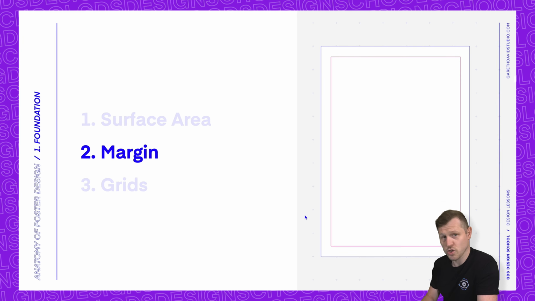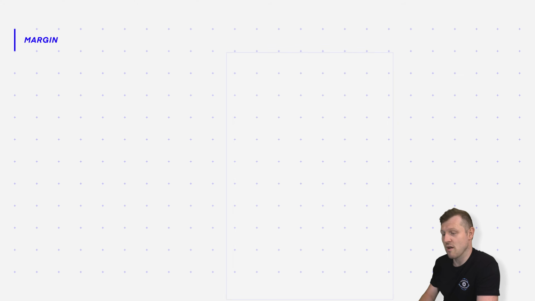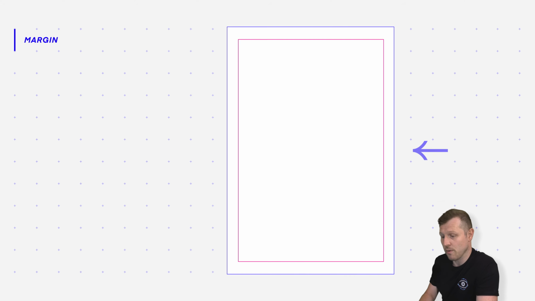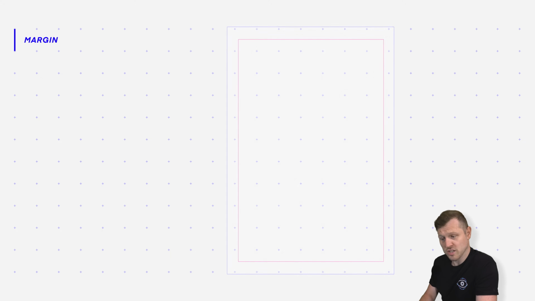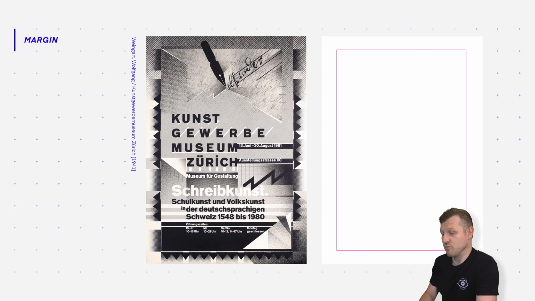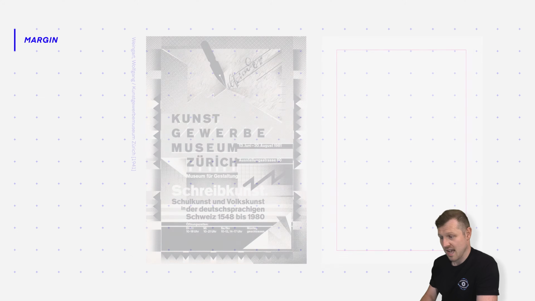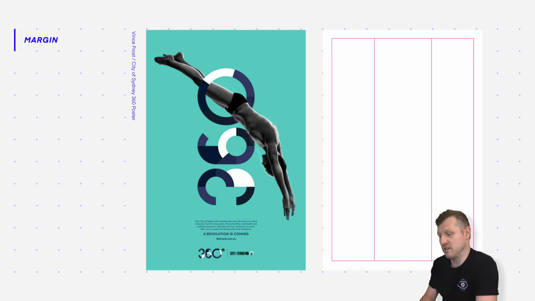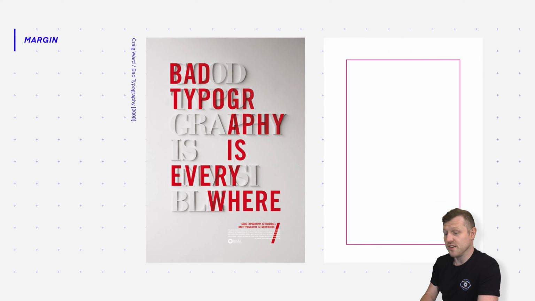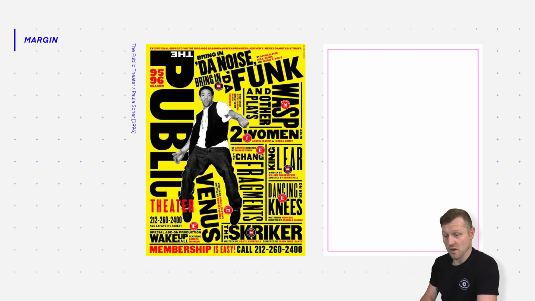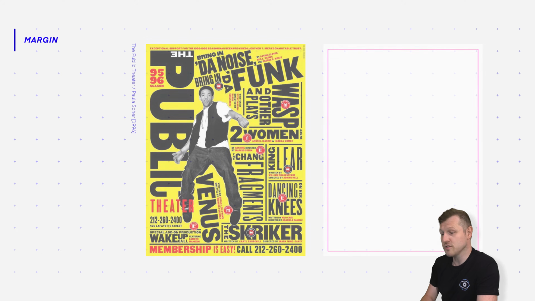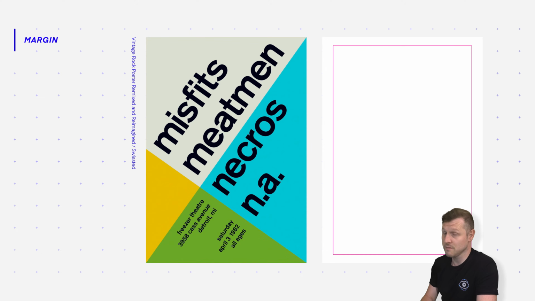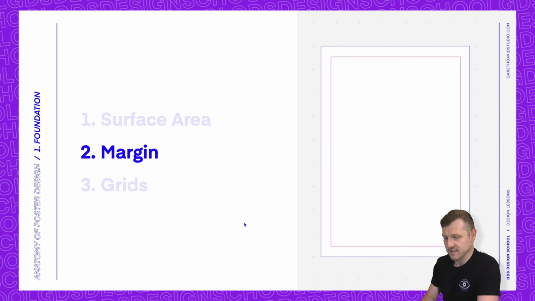So next we have margin. Now this is the space that runs around the outside of the surface area of your poster and typically sets the space that all visual elements are contained in. Margins provide breathing space. They enhance readability, maintain balance, and contribute to a polished professional appearance. Now depending on the design of a poster, the margin can vary from minimal to extreme, where there may be a lot of space around the poster and push up the space around elements for clarity and impact.